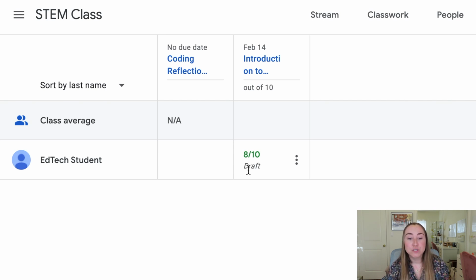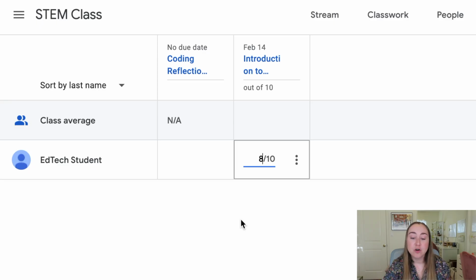Another way that you can also grade is you can type in grades manually here. So, let's say that you previously gave ed tech student an 8 out of 10, but maybe you went back and you decided to change their score to an 8.5. You can actually do that to where now this score has been adjusted. So all of their grades will appear here as a digital gradebook for you as the teacher